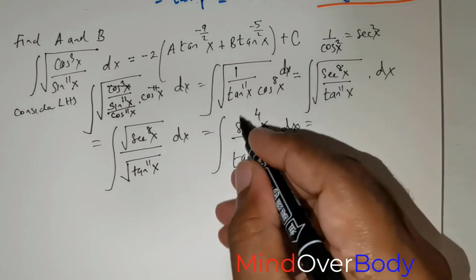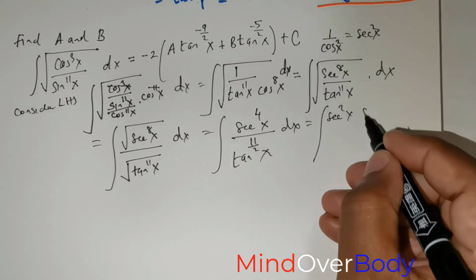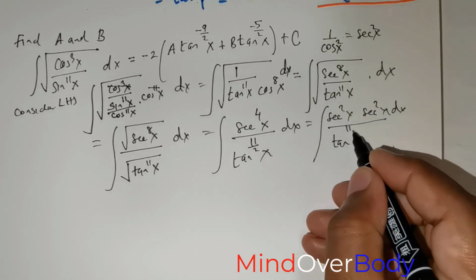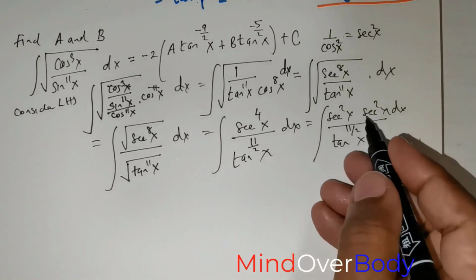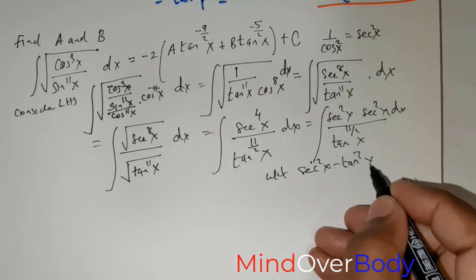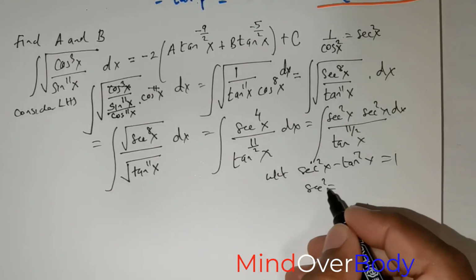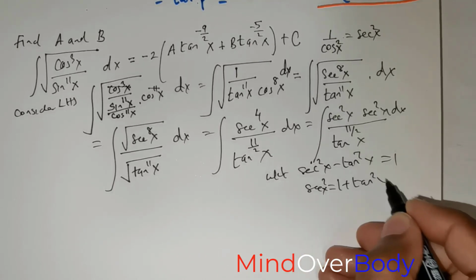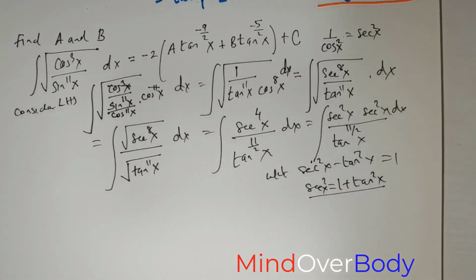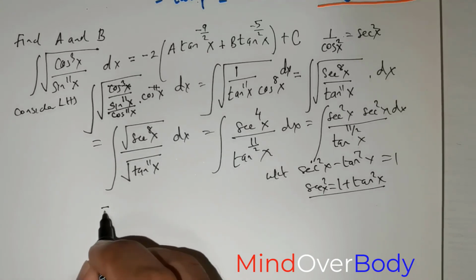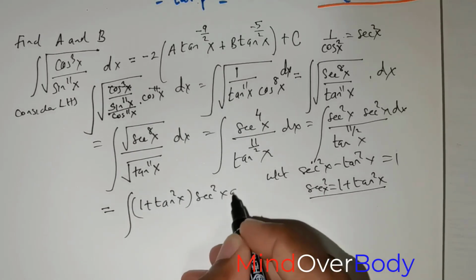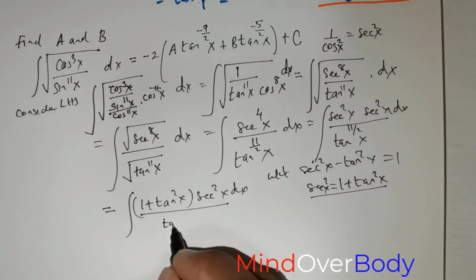Now I'm going to rewrite secant raised to the power of 4x as secant squared x times secant squared x times dx divided by tan raised to the power of 11 over 2 times x. Now we know that secant squared x minus tan squared x is equal to 1, so from here secant squared x is equal to 1 plus tan squared x. So in place of secant squared x, one of the secant squared x will be replaced with 1 plus tan squared x. So this is equal to 1 plus tan squared x times secant squared x times dx divided by